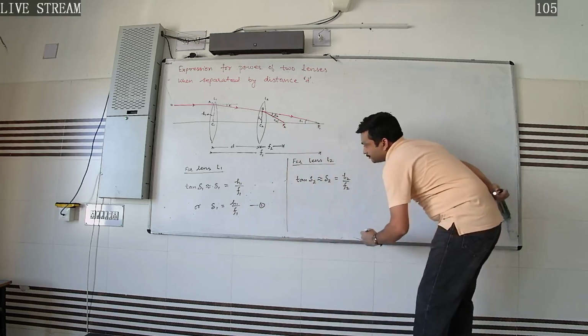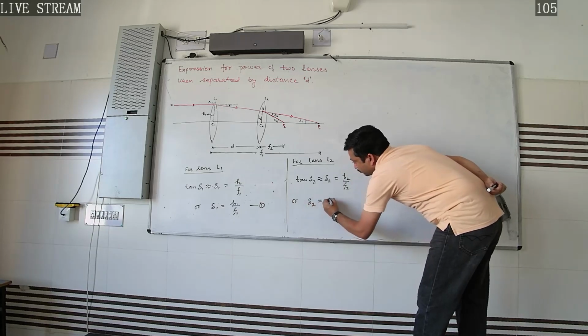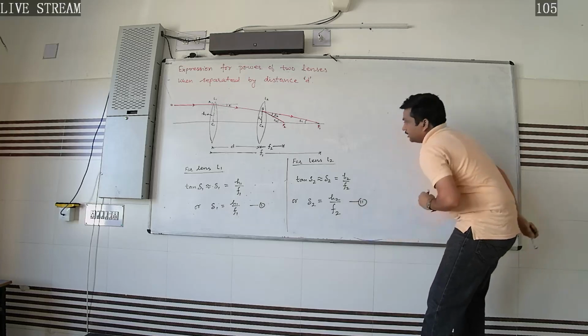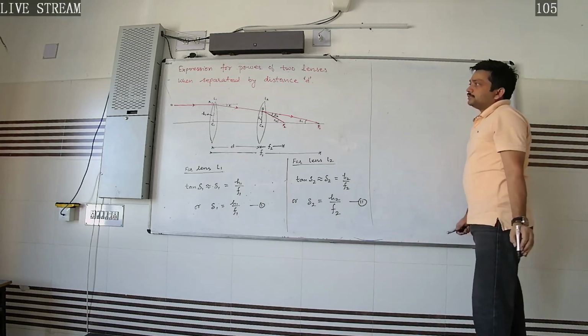Now we can write this as equation 1. Or here we can write delta 2 is equal to H2 over F2. Let it be equation number 2. Okay. Now, if we consider that